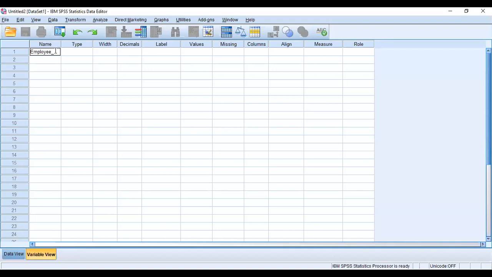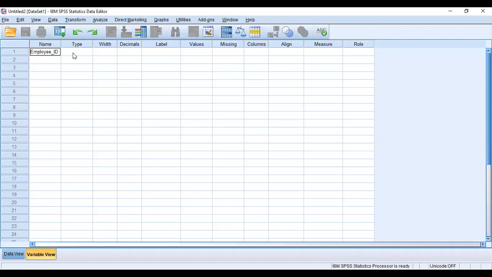We cannot leave a space in between. Don't forget about it. We need to fill the space between the words of the variable name with the help of an underscore.